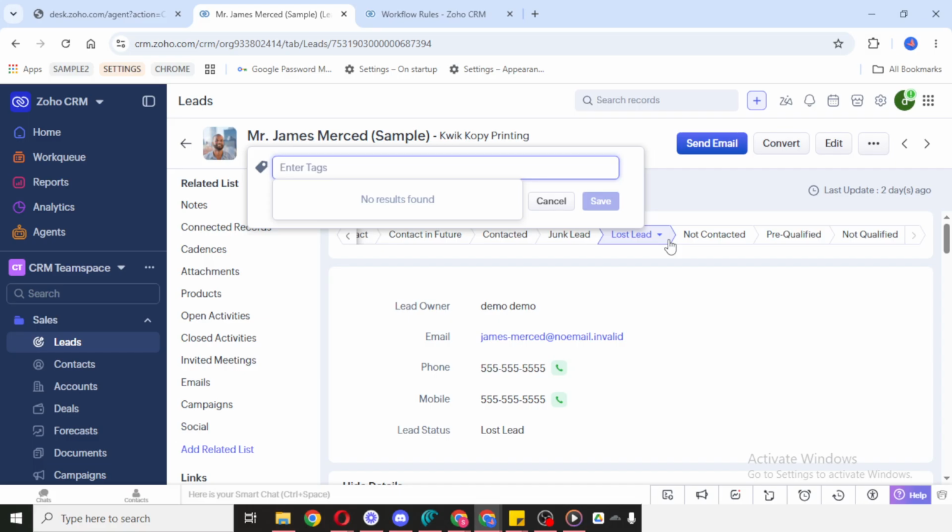And that's it. That's how to tag leads in Zoho CRM. It's a quick process, but it can make a big difference when it comes to organizing your contacts and staying efficient inside your CRM. If you plan to work with a lot of leads, using tags consistently can save time and help you find the right records faster whenever you need them.